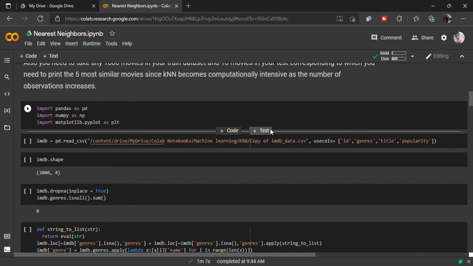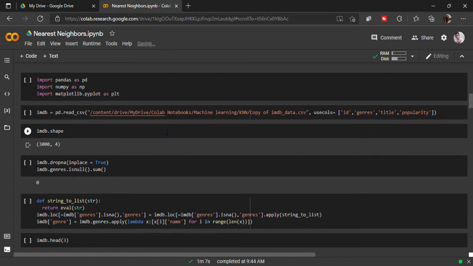And guys, today we are just going to build a simple recommender system which will use the k nearest neighbor algorithm, and our job is to recommend some output based on an array of input. So let's see how we can do it.